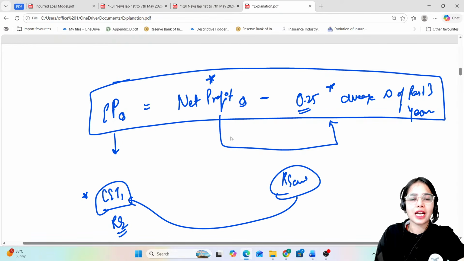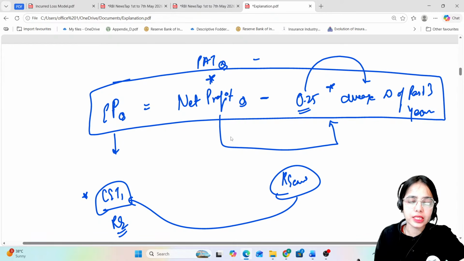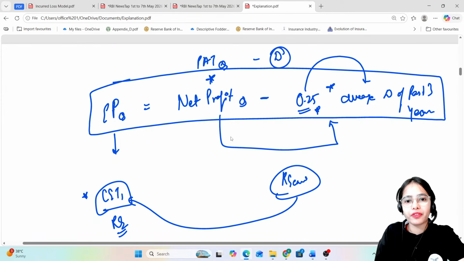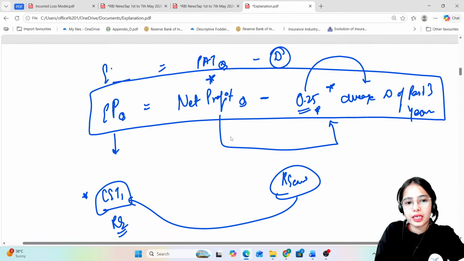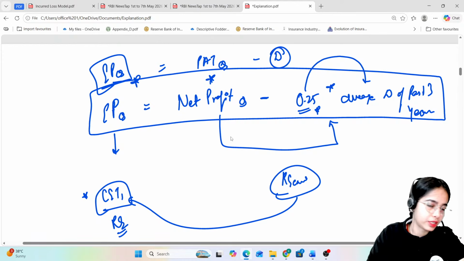So net profit means the tax has been paid, so this is the profit after tax of the quarter, and from this we deduct the average dividend of the past 3 years, converted into the quarterly dividend by multiplying it with the fraction 0.25. So from the profit after tax of the quarter we have deducted the average dividend, and we come to the retained earnings, that is the eligible profit of the quarter that can be added in the common equity tier 1.